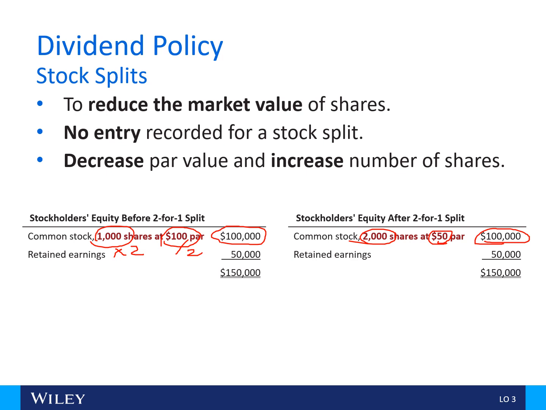But normally the trading value on the street of that stock will be reduced. So if the previous market value of the stock was $1,000 per share, after a 2-for-1 stock split it normally will drop to about $500 per share, making that stock more easily affordable by people on the street than if it was selling at $1,000 per share. So that's one of the main reasons why you see stock splits taking place.